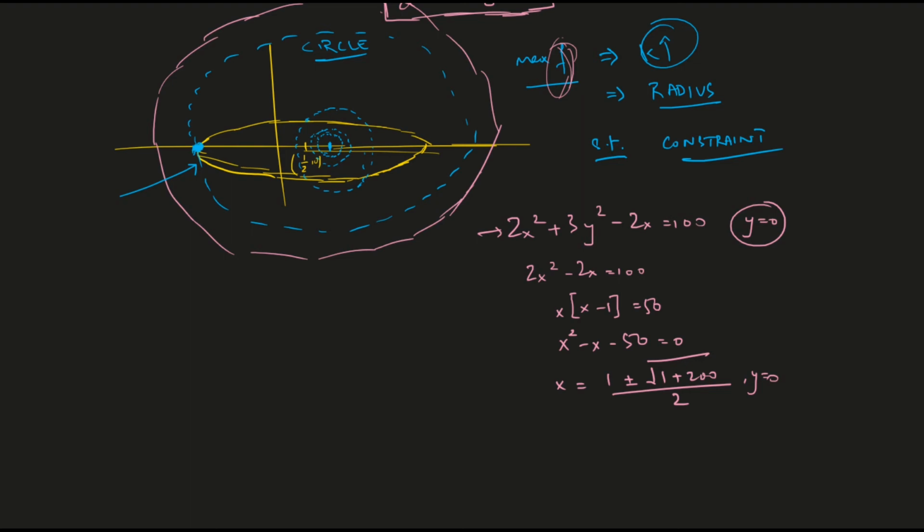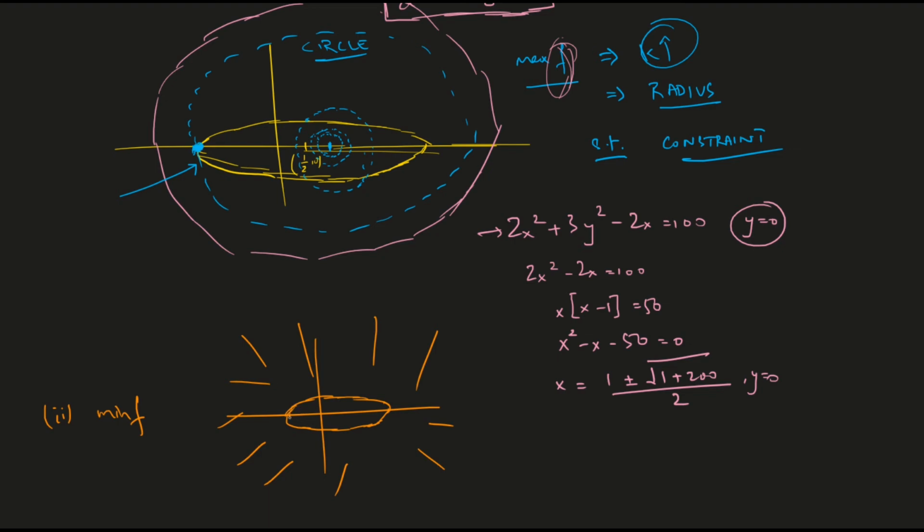Now for part 2, I just need to make sure that I minimize f over the constraint. The constraint is very much the same as the previous one, except this time the inequality sign flips. So what that means is that this is my permissible region. I can pick points from this region and from the boundary of the ellipse, of course, but I'm not allowed to pick points from inside the ellipse.